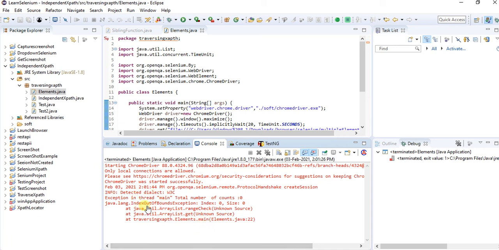So it showed a java.lang index out of bound exception. We got this one.